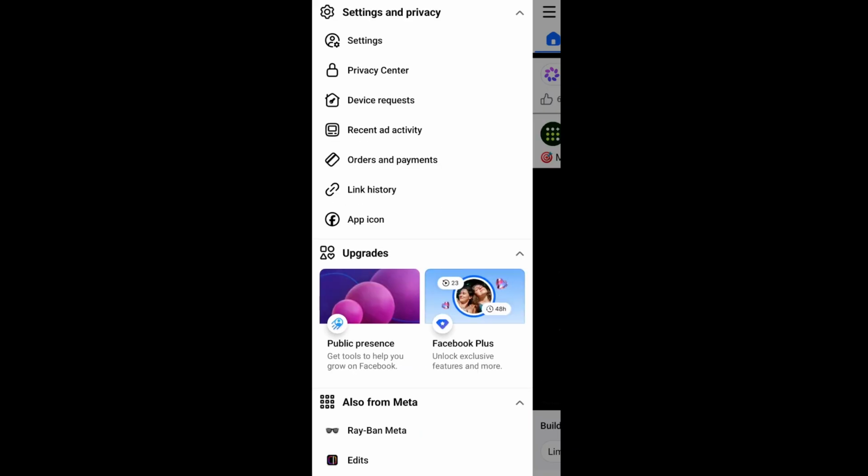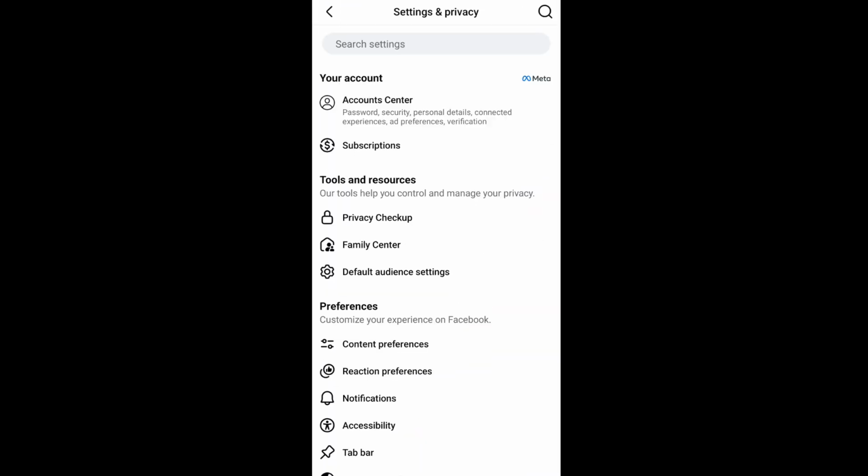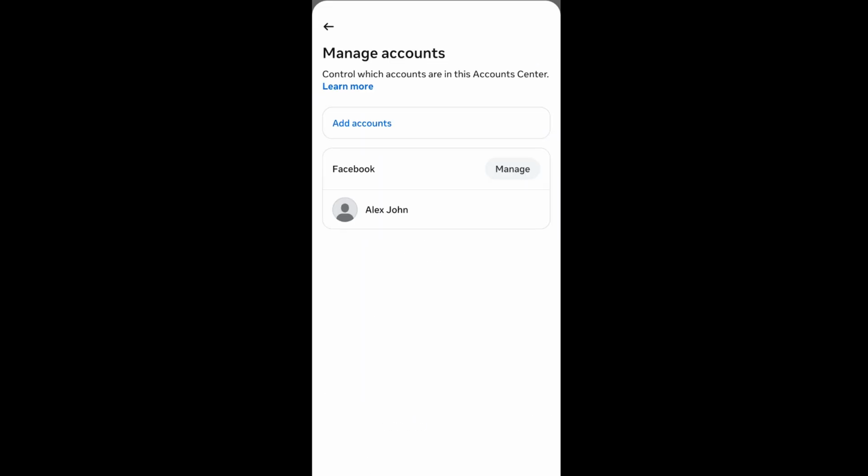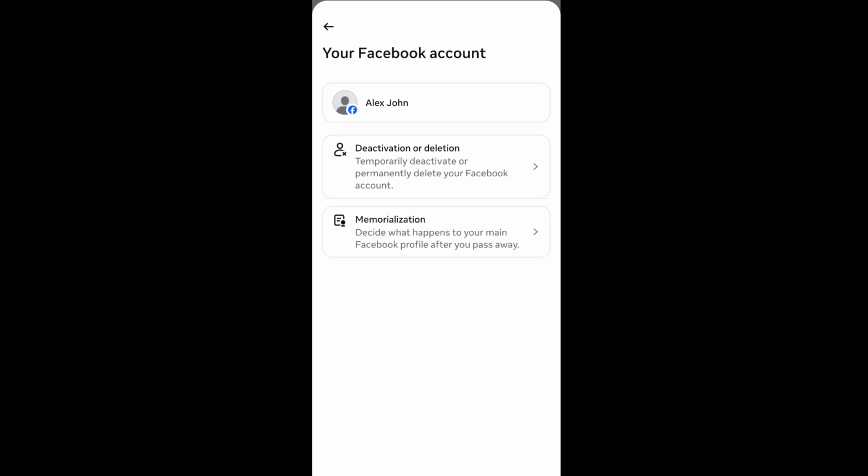Expand it and click on settings. We'll be having this account center below your account. Click that. In account center, at the bottom we will be having manage accounts. Click it. Just click on this manage. We'll be having here deactivation or deletion. Click it